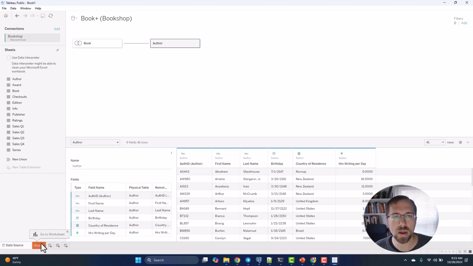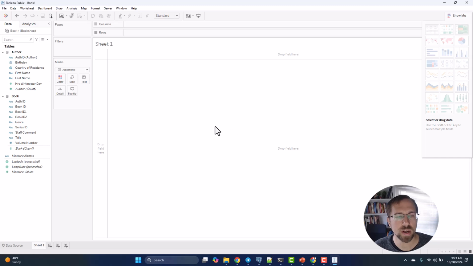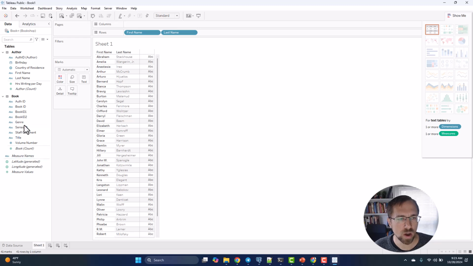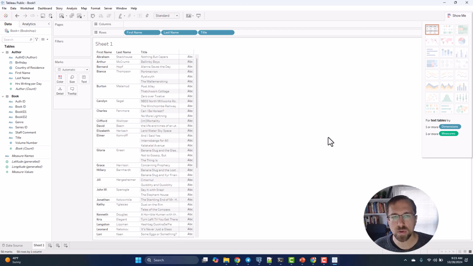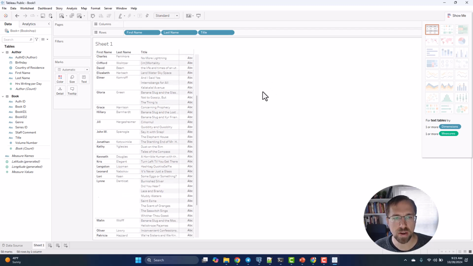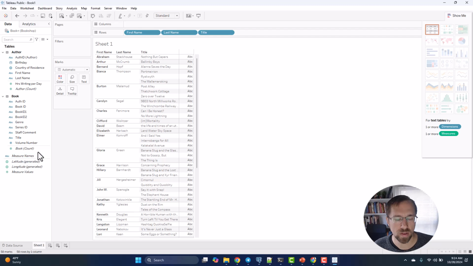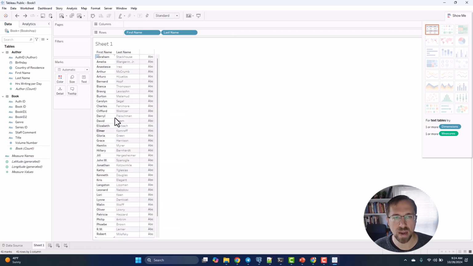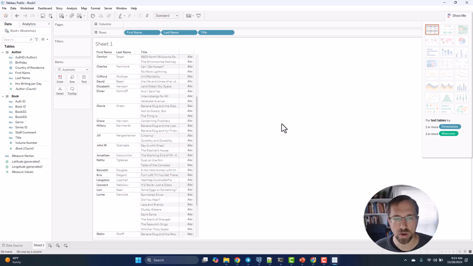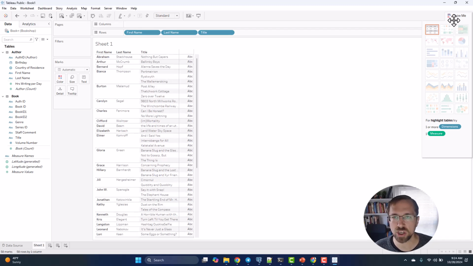I'm going to go to sheet 1 and I'm going to create a view with author first name and last name, and then also with the book title. And so I don't know if you could see, but when I added title, I actually lost some authors because there are some authors that don't have any book associated with them. So if I do Control Z here to undo that, you see there's this person, Amelia, right? Amelia Wangerin or whatever. I'm not good at pronouncing these things. And so if I redo that, that author goes away